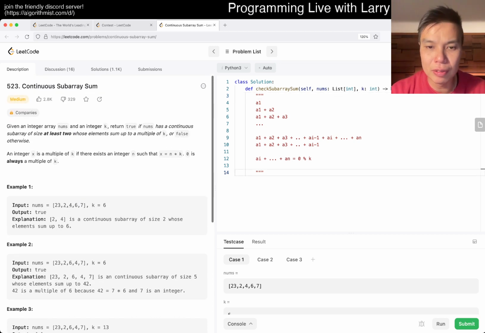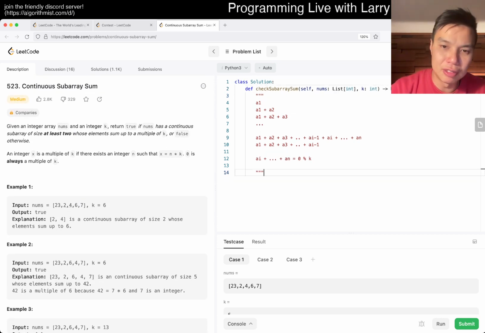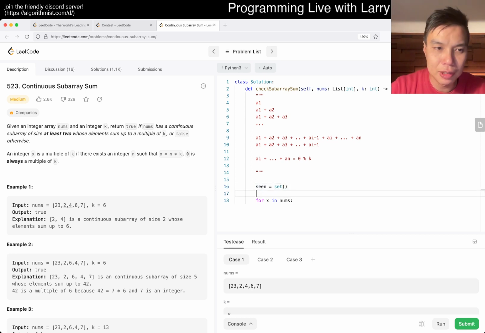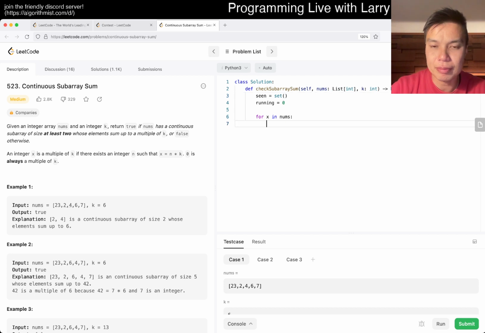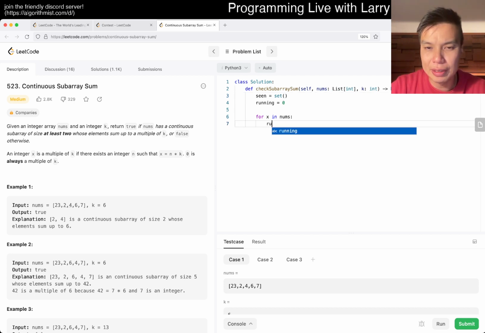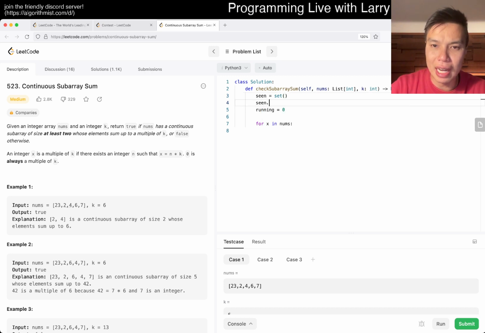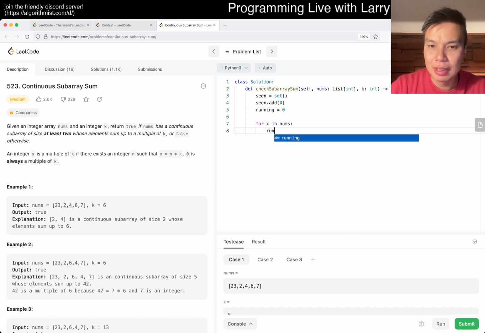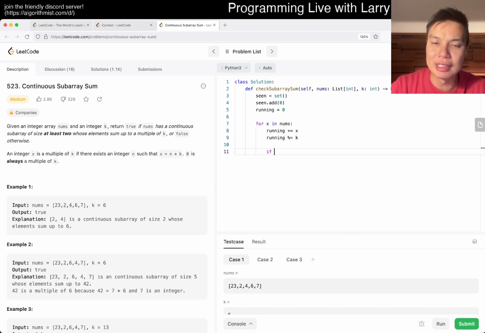Okay, fine. So here, we might skip ahead a little bit because we have a set of things that we've already seen. So the running number is equal to 0. Here we always want to set dot add 0, or the running sum for the 0 element. And here we do running incremented by x modded by k, and then if this number is already in it,